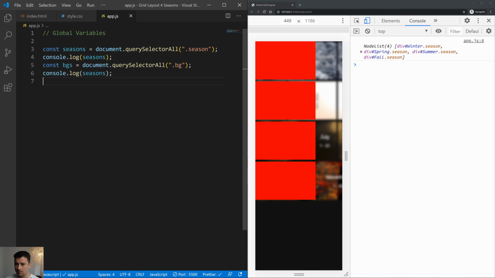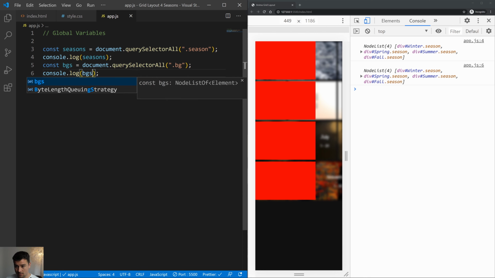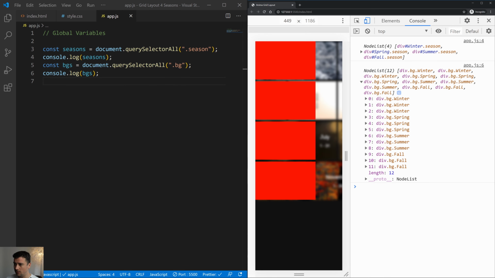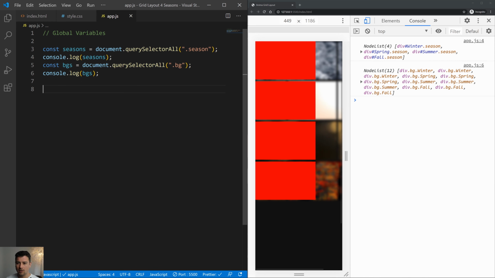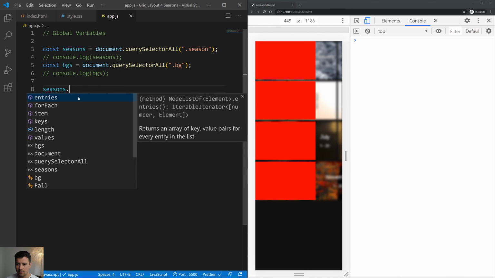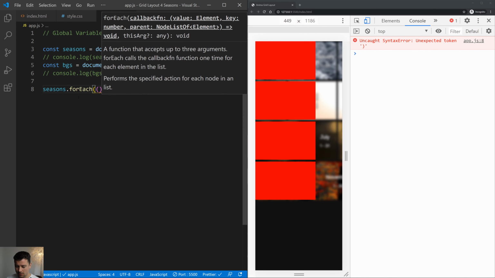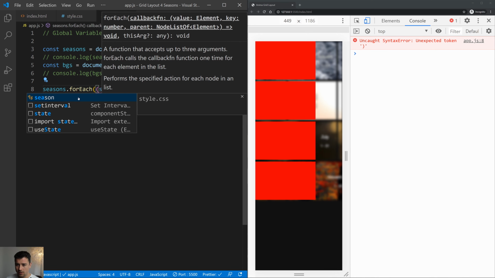Now if I would console log BGs, then we'll get again a NodeList. And we're going to loop through this and through this. Now let's first of all take our variable of seasons. Let me comment out the console logs. I'm going to use a forEach loop, and now let's create an arrow function. And let's say that for each season,